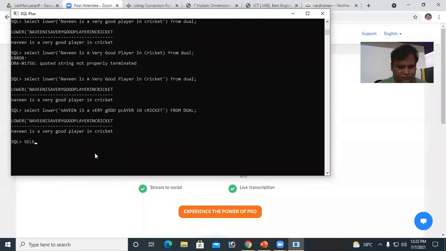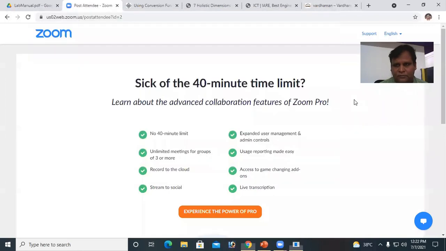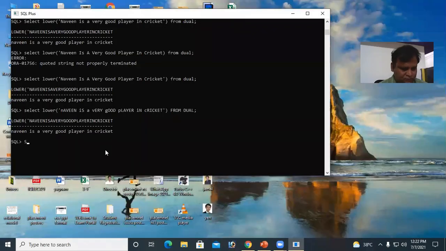SELECT UPPER of a string from DUAL. Here we are converting.